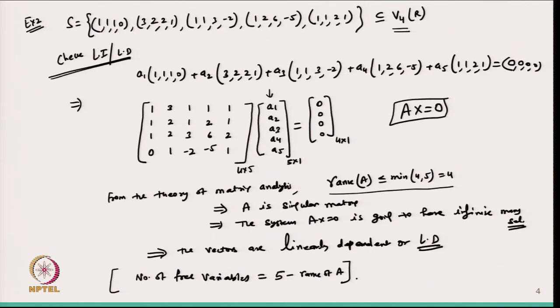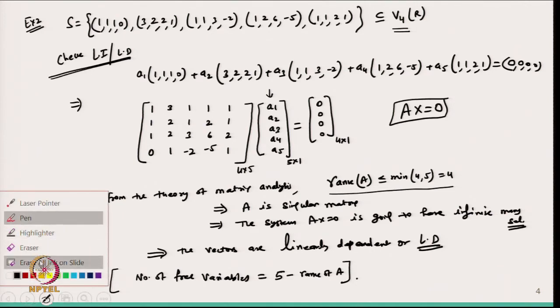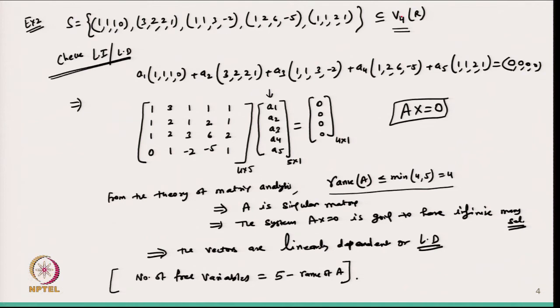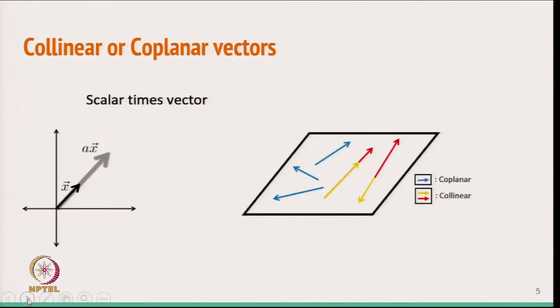Okay, so from here one thing you can just keep in mind is that if you have R^4, and suppose you take 5 vectors or 6 vectors out of R^4, then it is always going to be linearly dependent. So, these things we can conclude from this example, and later on we will prove this also.